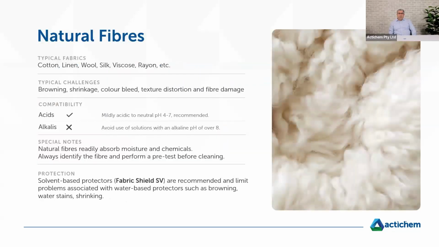So having a look at natural fibers. Predominantly what we see is some form of cotton in upholstery. On the one end, we have Haitian cotton and even linen, which is very, very susceptible to water marking, browning. Some linen will brown just when it gets water on it, no matter how long, very, very susceptible to it. So it does require a lot of skill in how we handle it, how we clean it. We have regular cottons and wools, of course, jacquards,